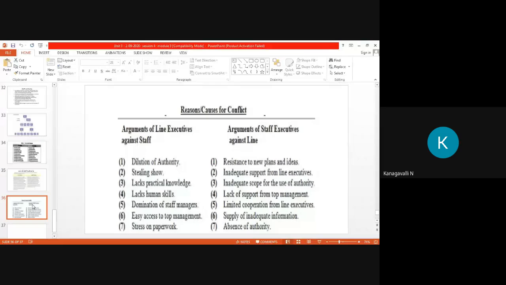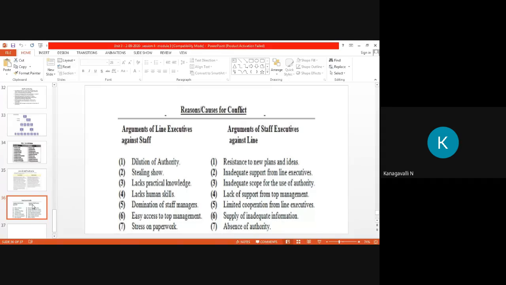Then general staff. The staff position established as a measure of support for the line manager may take the following forms: personal staff, specialized staff, and general staff. Personal staff is where the staff official is attached as a personal assistant or advisor to the line manager, for example, assistant to the managing director.